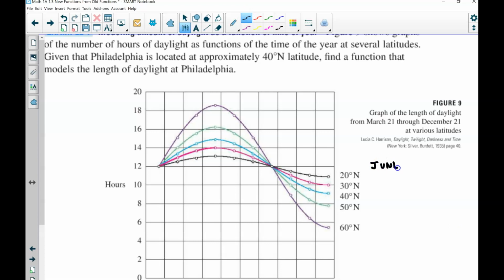So on June 21st, we know that daylight lasts about 14.8 hours. And then from September, December 21st, it is 9.2 hours. Okay? So the amplitude of the curve